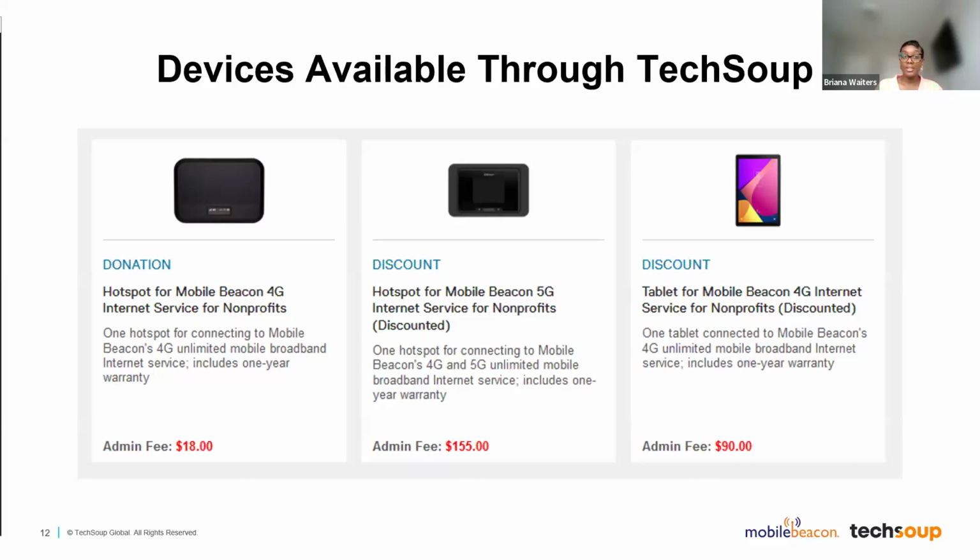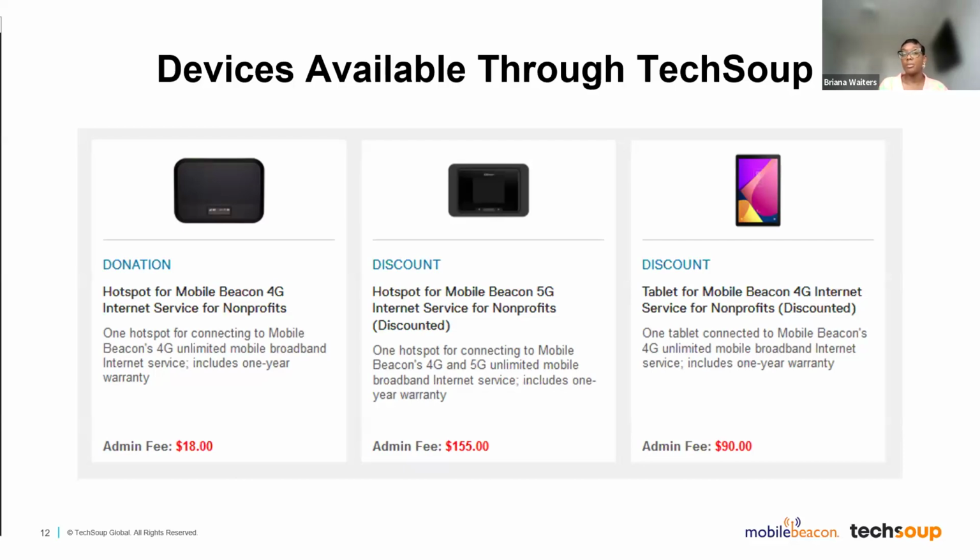The first device is our 4G donation device. You can use this device as you see fit, whether it's for a lending program or for your library staff. The 5G device is the same, but it's discounted. It's not donated like the 4G, but it is heavily discounted. And then we have our discounted tablet that you're able to use as well.